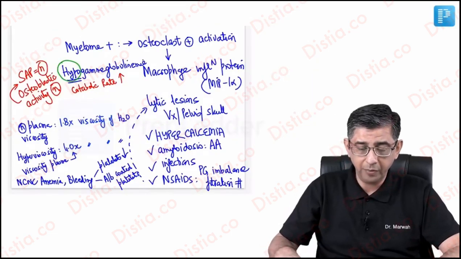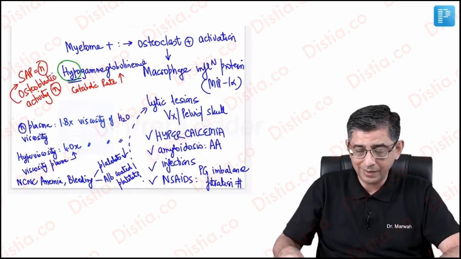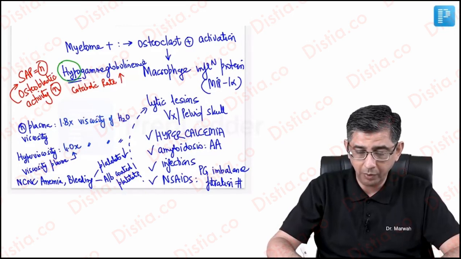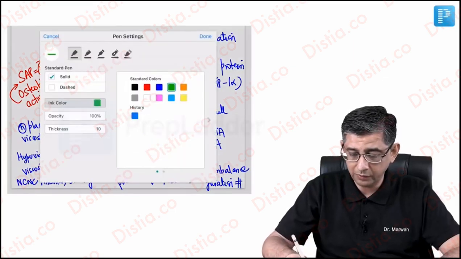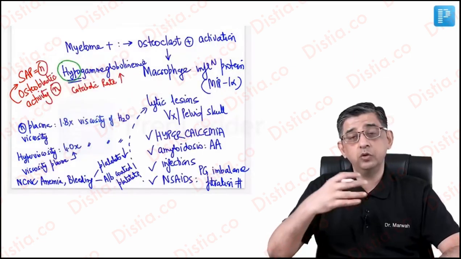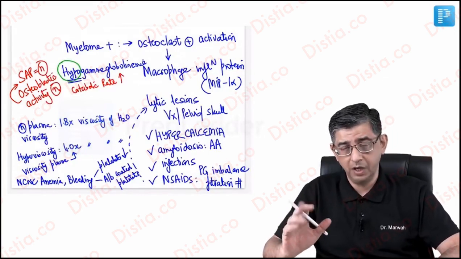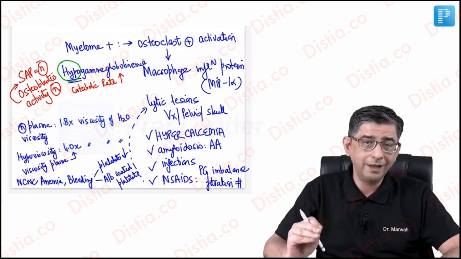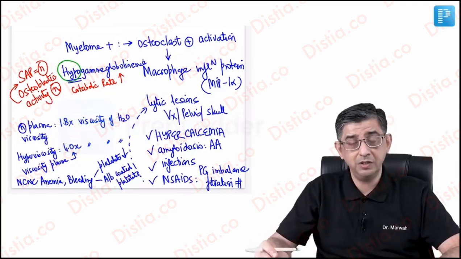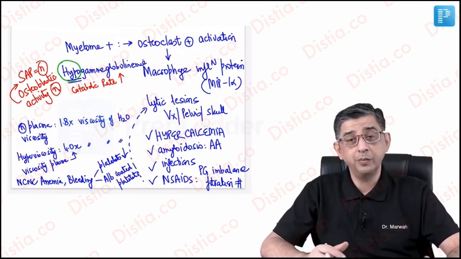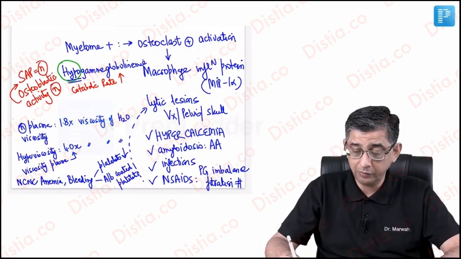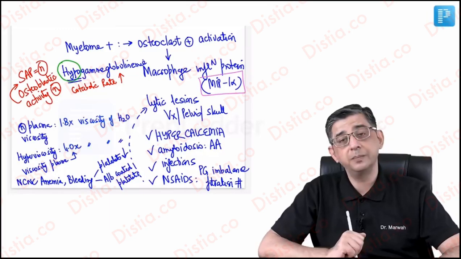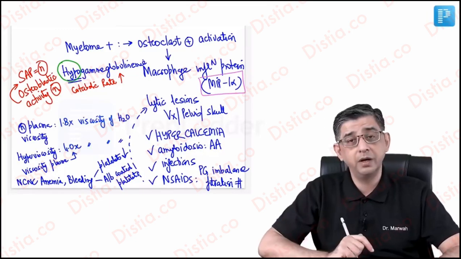So lots of things happening on this slide. Let's just practice that once again so that we can remember the aspects here. In fact, I'll just put a pointer here to also highlight what are the important things which you must understand from the pathophysiology perspective for the disease. Point number one, there would be lytic lesions in the bones of these patients starting from the vertebra and the pelvis. What is responsible for it? MIP-1 alpha. That's the first point to be remembered.